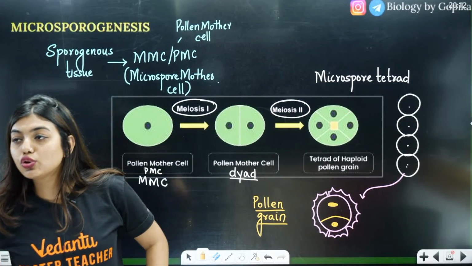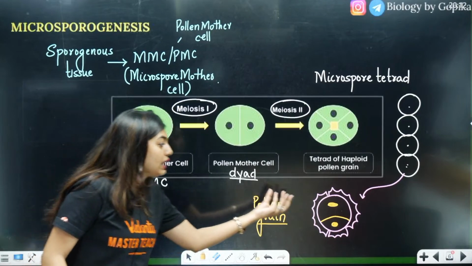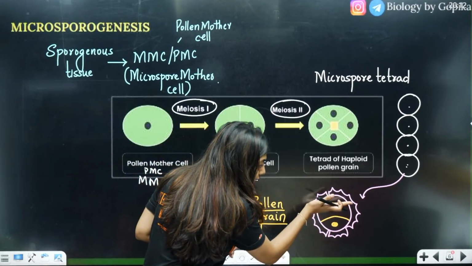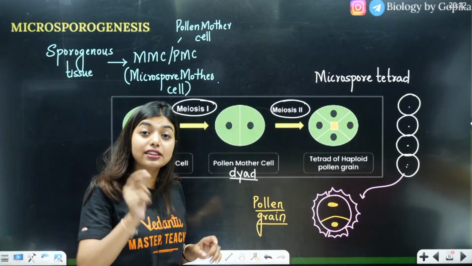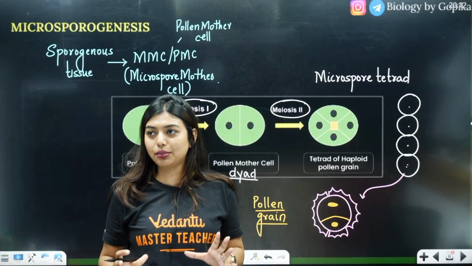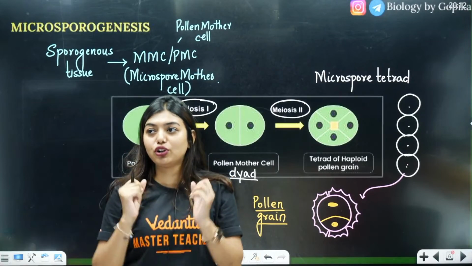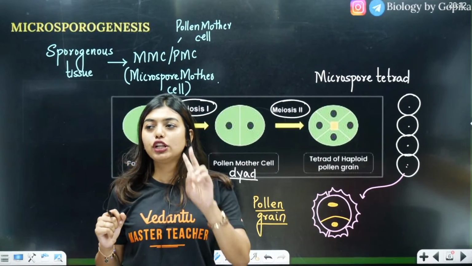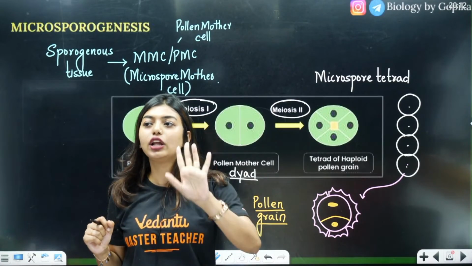Yes, very good, Kush. Very right. Pollen grain is a gametophyte, because inside this there is vegetative cell and generative cell. In the generative cell, the male gametes are going to be there. So, it is a male gametophyte. Very good, Aditya. Only Kush and Aditya have answered, others all have got confused.